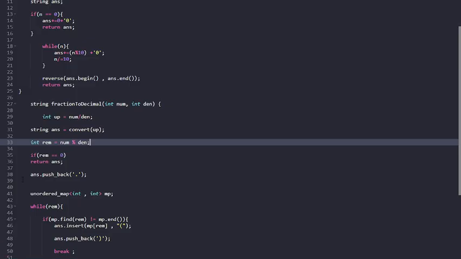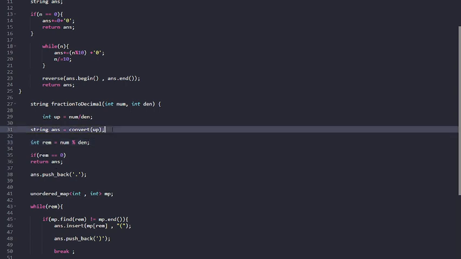I have taken this case explicitly: if my remainder comes out to be 0 after dividing the numerator by the denominator, I simply return the upper string only, because there is no part after the decimal. If that is not the case, then I have to put a decimal, so that's why I have pushed back a decimal character in my upper string.